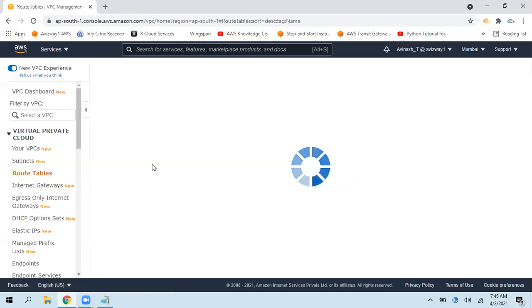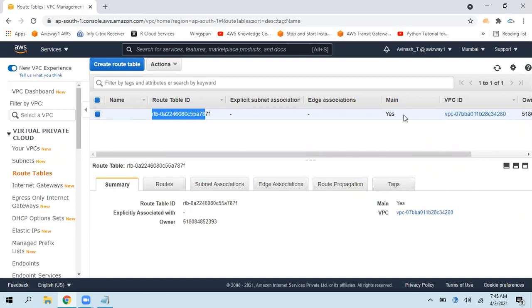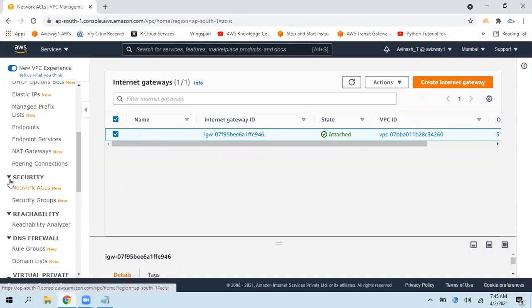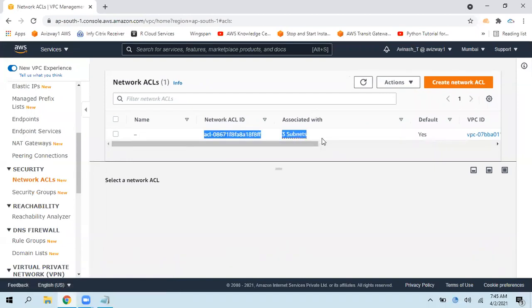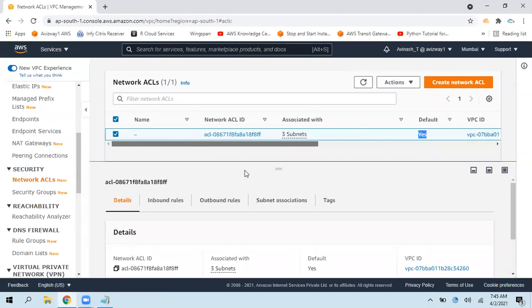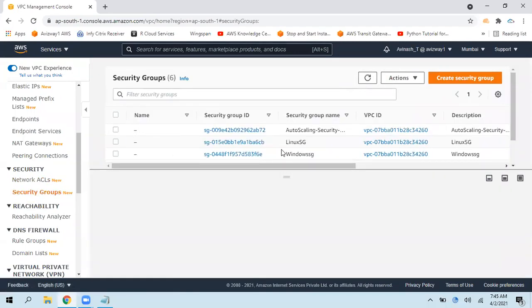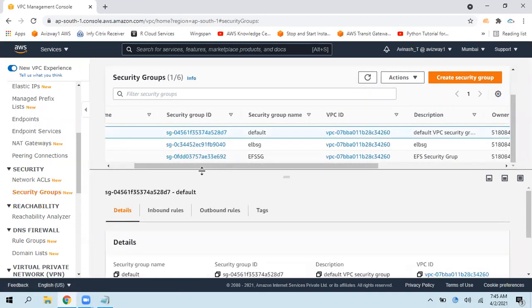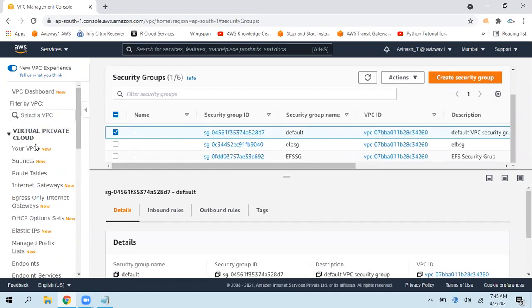Okay. Along with the default VPC, we have three subnets, AP South 1A, 1B, 1C. And I told you one route table is going to be created. This is a route table and it's the main route table, main set as yes. And one internet gateway that provides internet connection to our default VPC. Here it is. And one network ACL. Under security, you can find network ACL. One default network ACL got created, and all the subnets are part of this. One default security group is there for this particular VPC. So these are the components we already have.